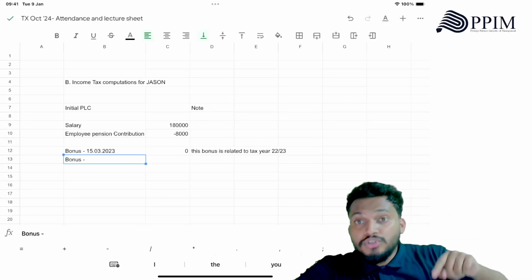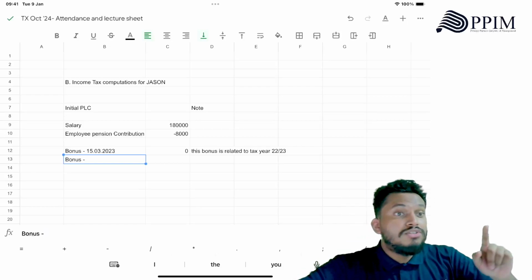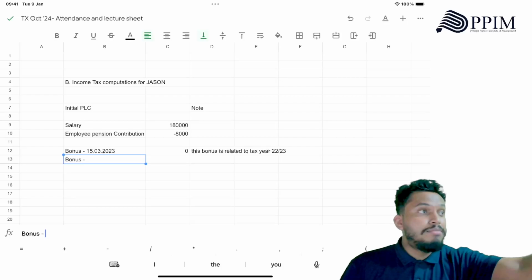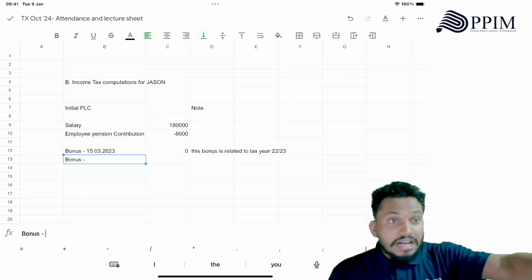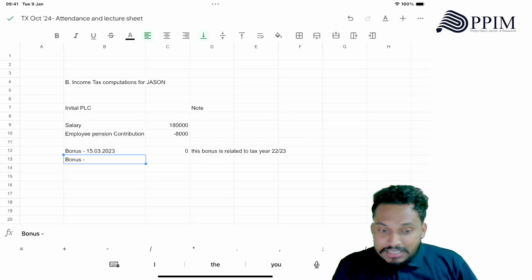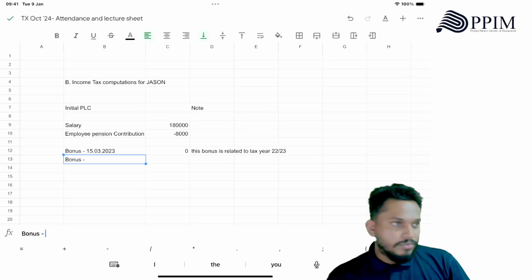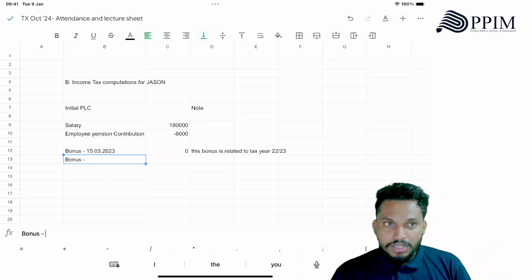So then the bonus. Now you know the reason why I am mentioning it: that was one of the examiner's requirements, to mention that bonus too. If it is not taken up, don't leave it. Please show it as 0 if it is exempted, or if it is deductible. That's the reason why I'm showing it as 0. Otherwise I will put it under a separate note. Did you understand that part of the question? It is also a requirement.